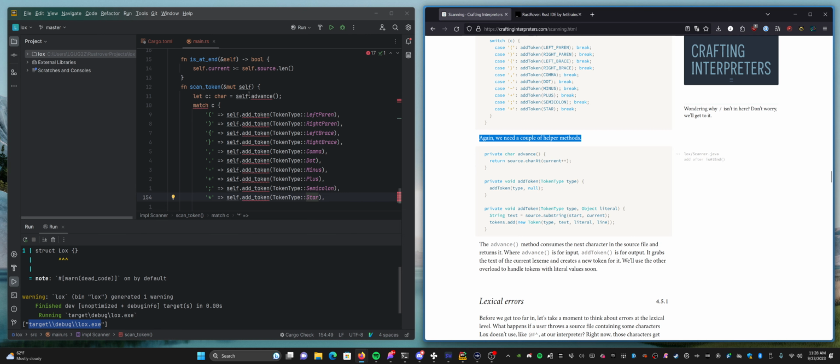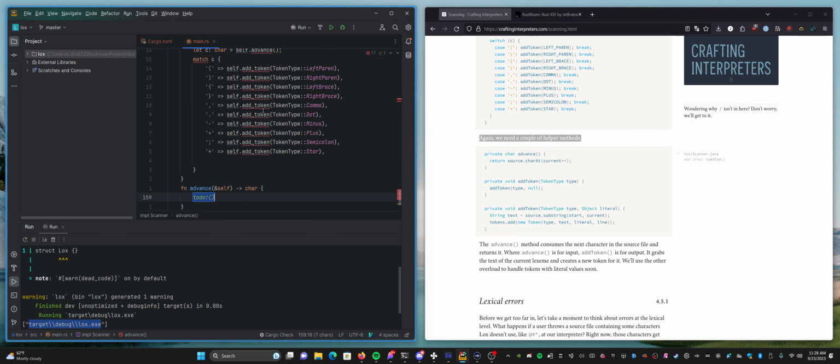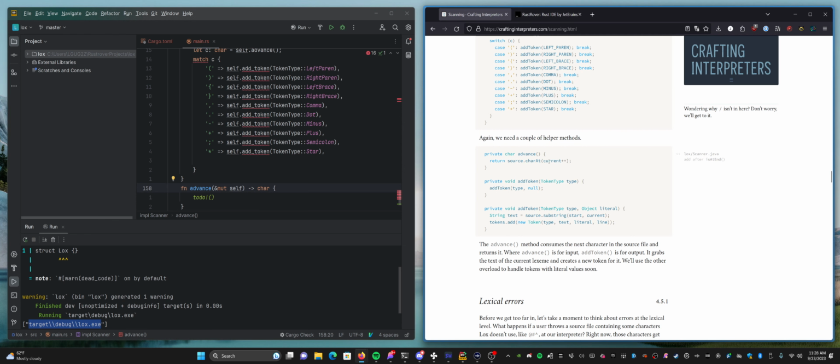Indeed, we do. So first off, let's do advance. Advance returns a char, and I'm pretty sure this needs a mutable reference. This is one of the things I really do not like about Java and related languages. I think the way that this is going to be evaluated is first it's going to increment the value of current on scanner, and then it's going to evaluate this bit, which returns the character at the